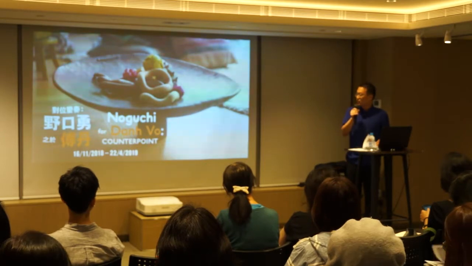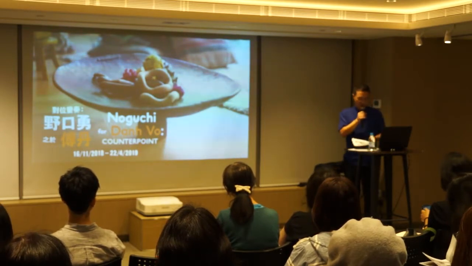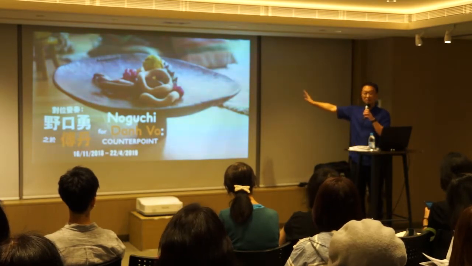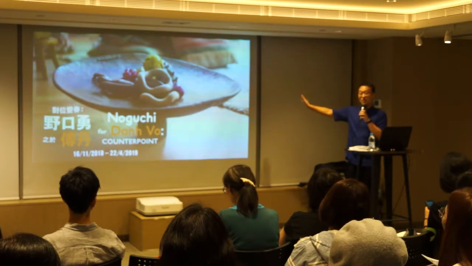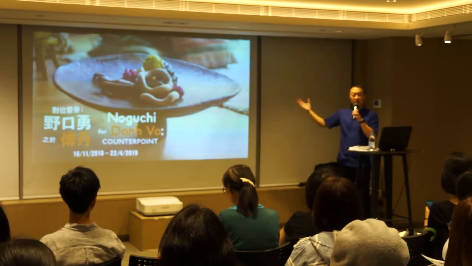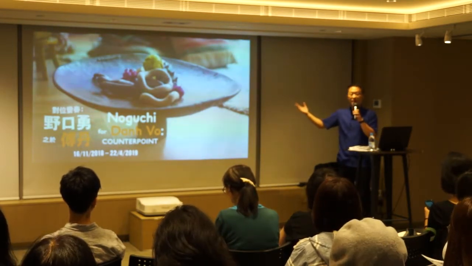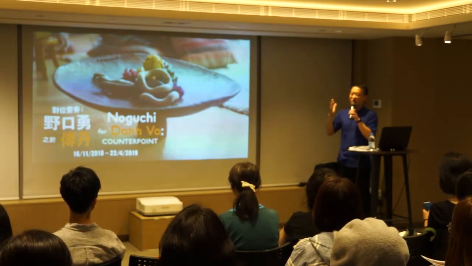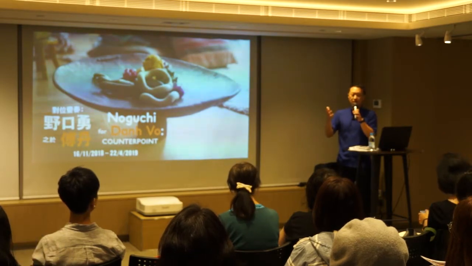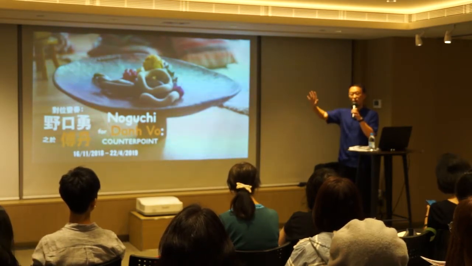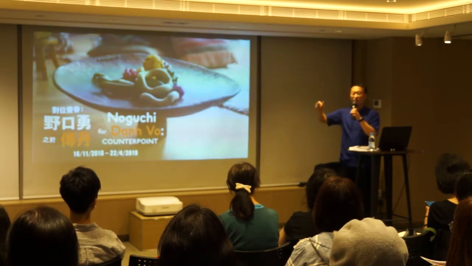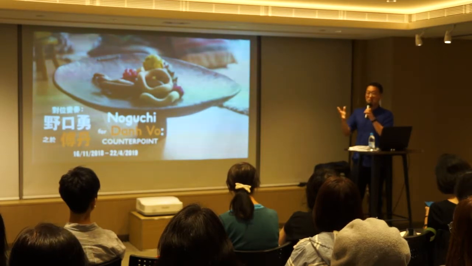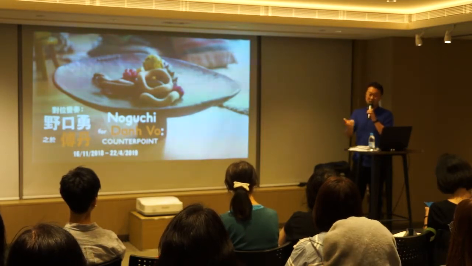Okay, so before I start the slideshow and the discussion, I guess I should say something about this very pretty but rather mysterious image. So this is the main image that we decided to use as our visual identity. From an institutional but also design perspective, it is always a challenging thing when you do a two-person exhibition because it's hard to choose just one work by one artist. But then often when you put two works, one by each artist, the design often comes out very badly and it doesn't have the impact.